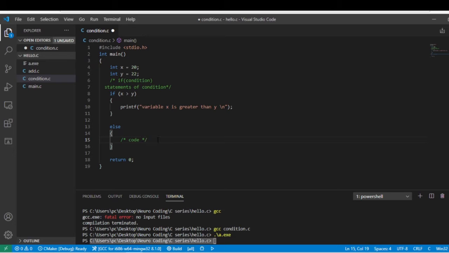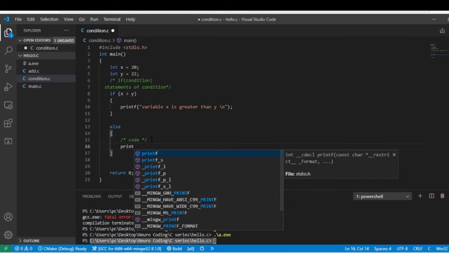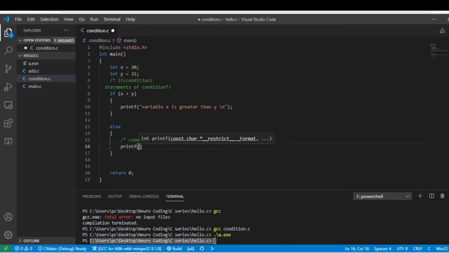I write the statement: printf, variable x is less than y. Write here x is less than y, with \n for a new line.